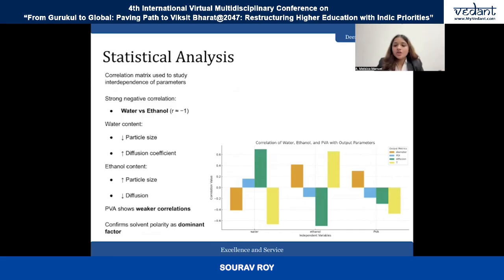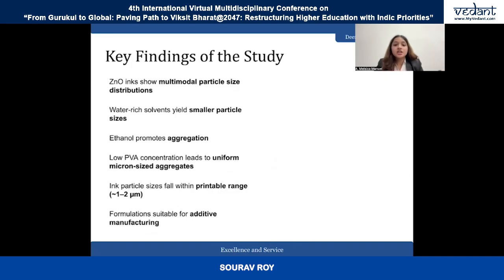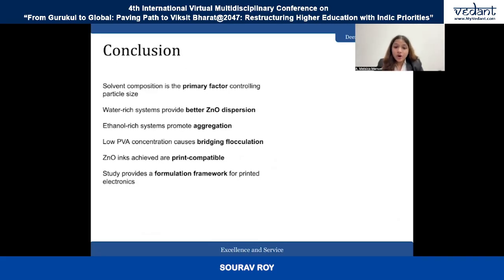To summarize the key findings, ZnO inks show multimodal size distributions, water-rich solvents yield smaller particle sizes, ethanol promotes agglomeration, and low PVA concentration leads to uniform micron-size agglomerates. Importantly, the particle sizes obtained fall within the printable range of approximately 1 to 2 micrometers, which is suitable for additive manufacturing. In conclusion, solvent composition is a primary factor controlling particle size, and this study provides a practical framework